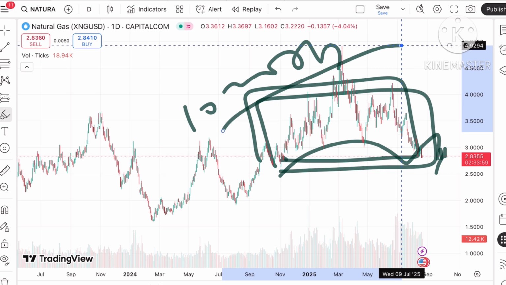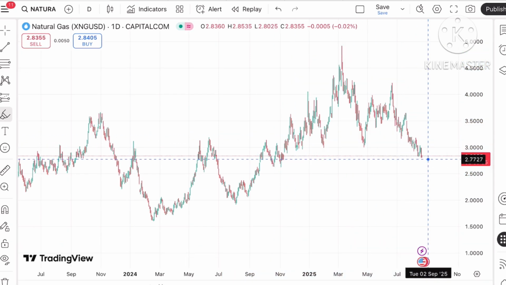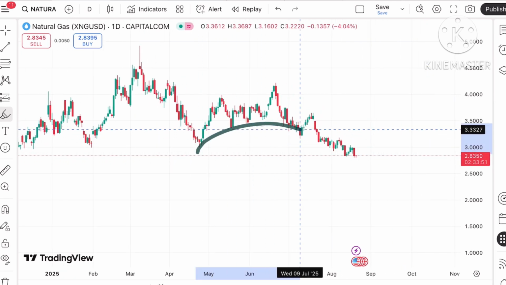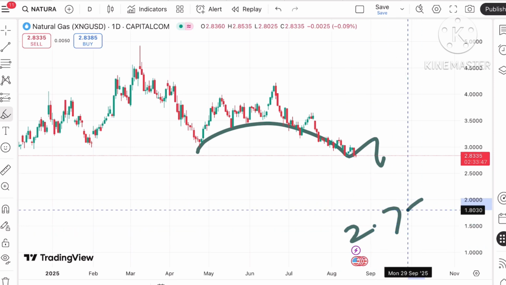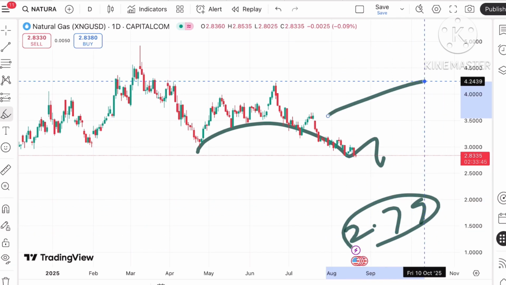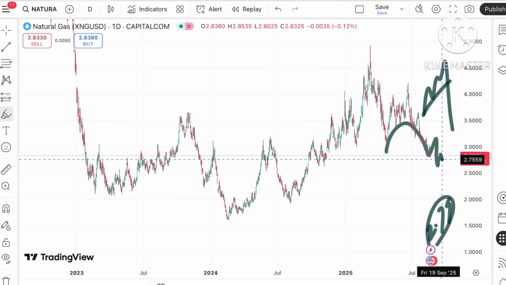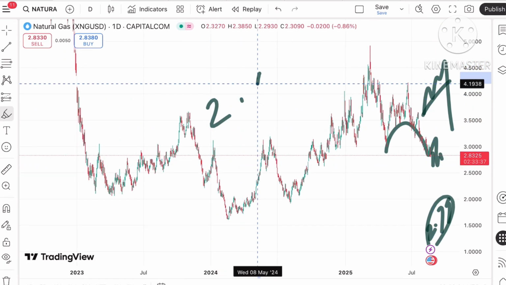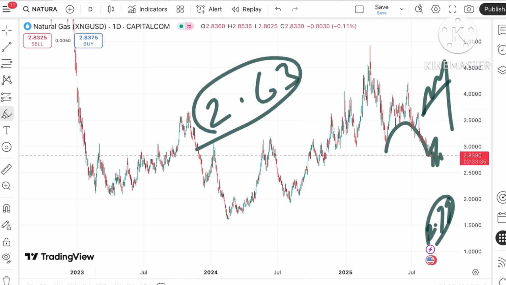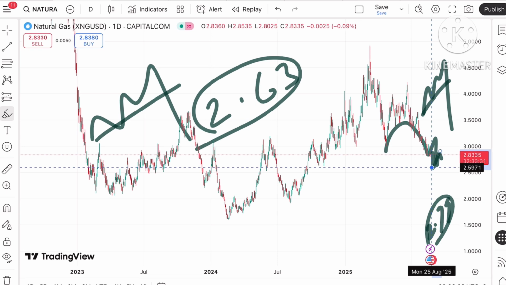Plus, we have seen a U pattern forming. Two patterns are supporting this trend. And if you look at this particular trend, the smaller pattern also shows a downside, so it can move below a level of $2.79, which is already tested. So the price can move further low, and after that the price can touch a level of 2.75, and from there it can move towards a level of 2.63, which is already tested, so the price can move further down.